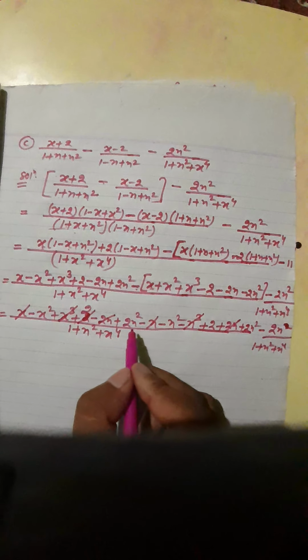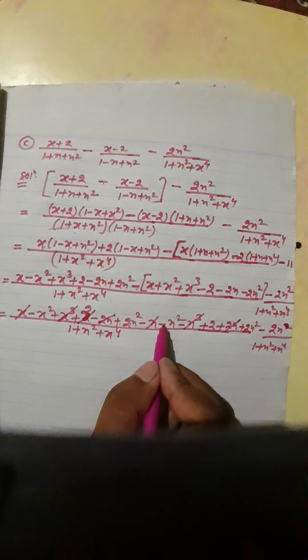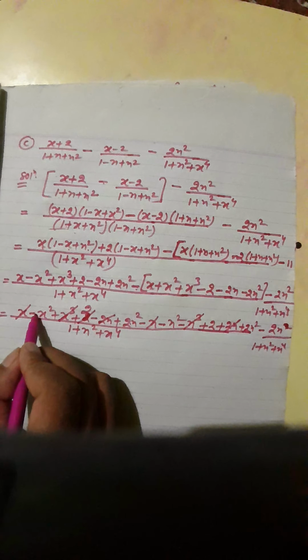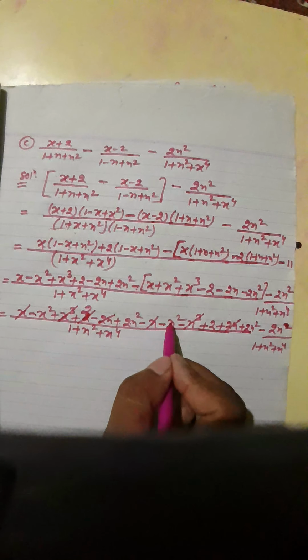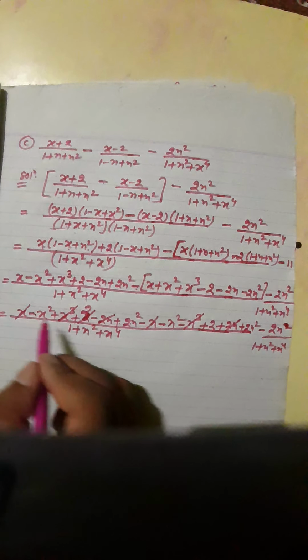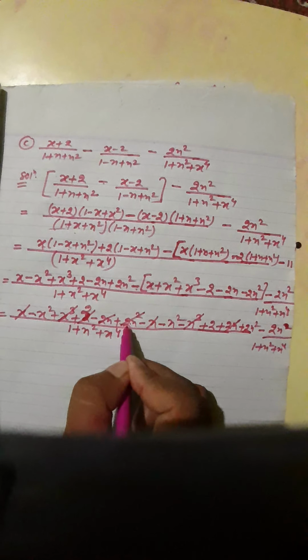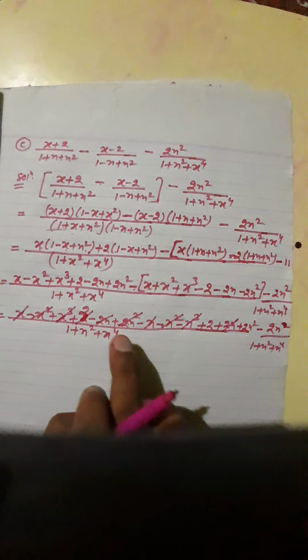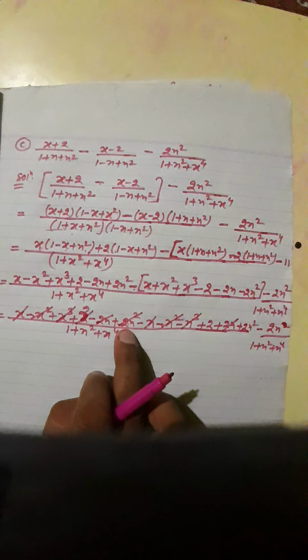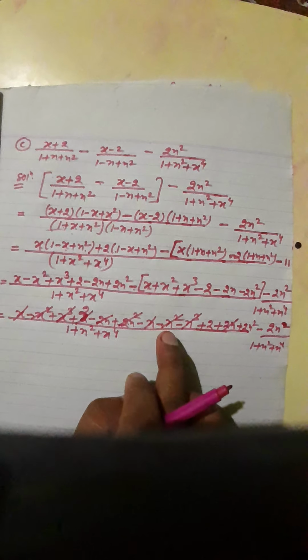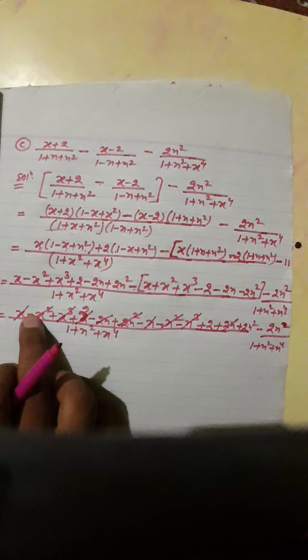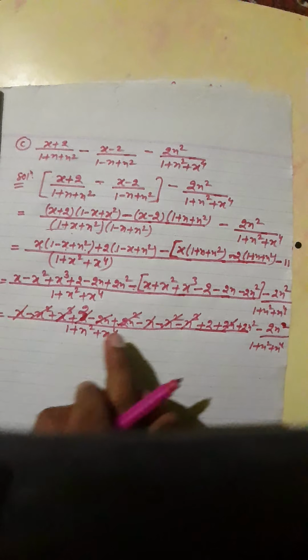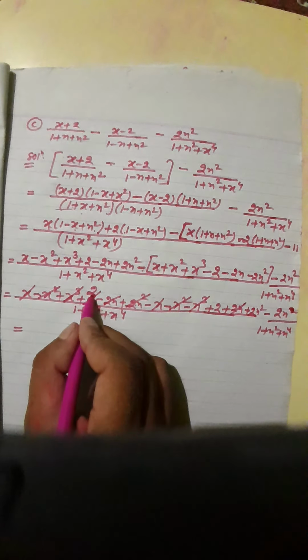This is plus x minus x, we can cut it. And everybody, you can see here this 2x square is in plus, and this minus x square, again minus x square, minus minus 2x square. Minus x square and a minus x square we can add, then minus x square and a minus x, minus 2x square we can get. The minus 2x square cancels with this 2x square, this x square minus x square, and next minus x square. This 2x square plus 2x square is cancelling with both minus x square. Okay, you know that minus x square, minus 2x square, plus 2x square we can cancel. Now remaining upside here is 2 remaining, here is 2 remaining.